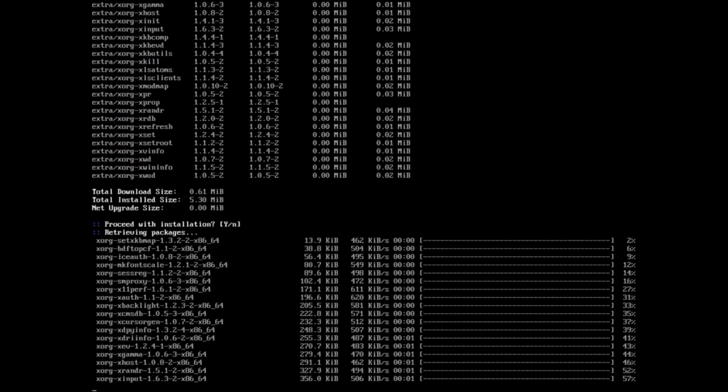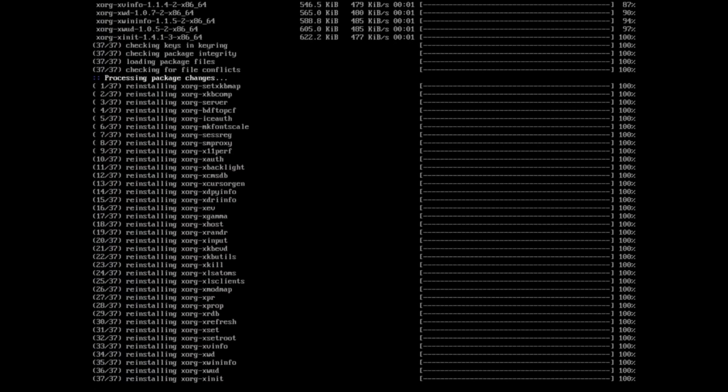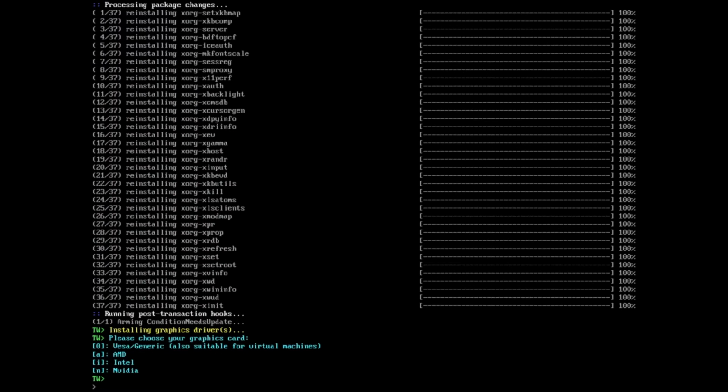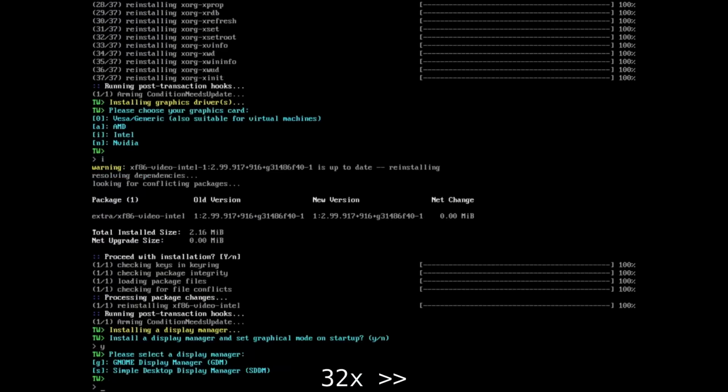The step where we configure our graphical environment is pretty lengthy on its own. So for this very reason, I've planned a separate video to cover this in detail. To be as concise as I can be, this step installs Xserver as a display server, prompts for installation of graphic drivers from a small list of options, installs a display manager also through a prompt, and then finally prompts for installation of a graphical environment from a reasonably long list of desktop environments and window managers. Let me fast forward the video for this step as well.